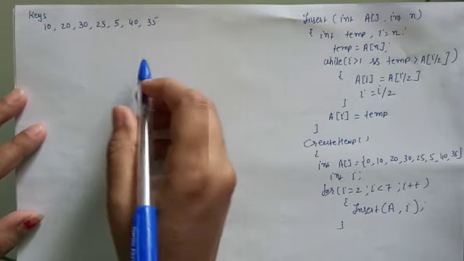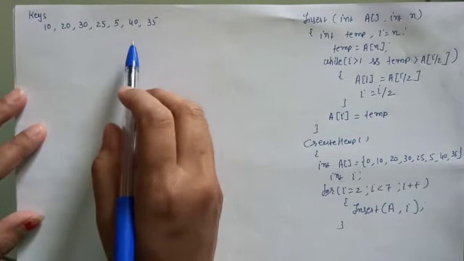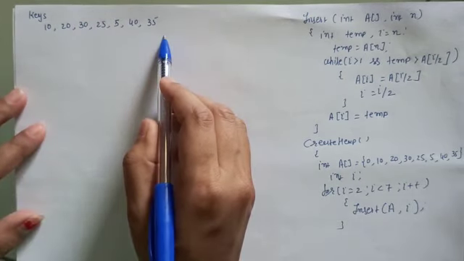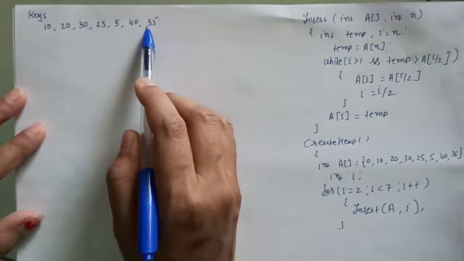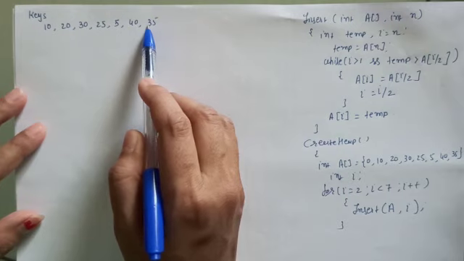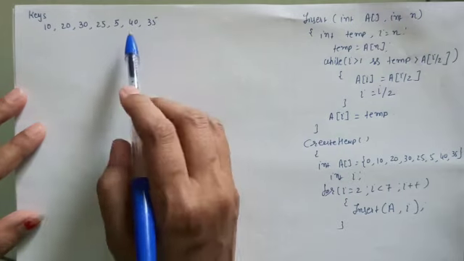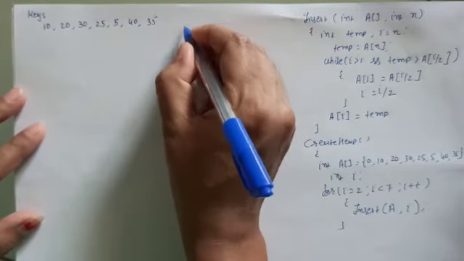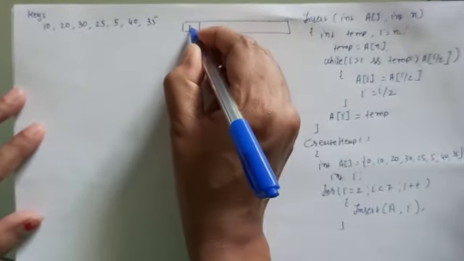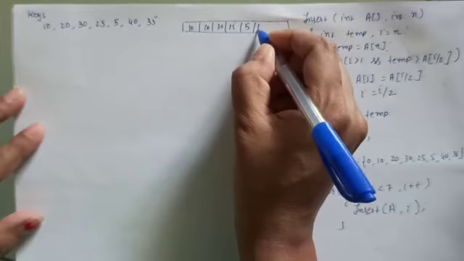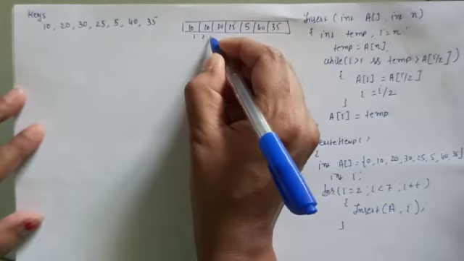In this video we will discuss how we can create a heap tree step by step. So these are the keys that would be given, and we have to create a heap tree from these keys. As we have already discussed, to implement this heap data structure, an array is the most suitable physical data structure. So let me represent this in an array data structure: 10, 20, 30, 25, 5, 40 and 35.